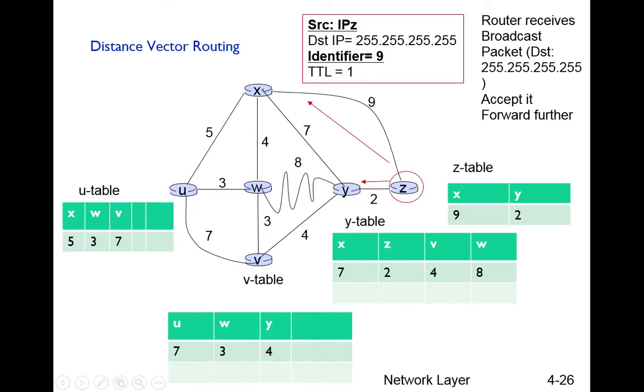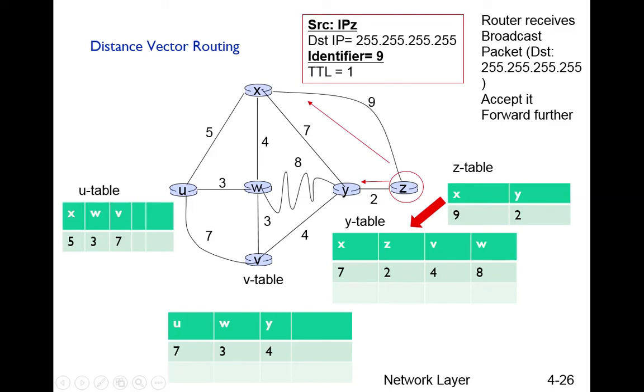Now when Z transmits this table, this is the complete table at the moment with Z. So this table will be forwarded to its neighbors only. The neighbors are Y and X. When this table is received by Y, one of its neighbors, it will be accepted and its information will be processed. So what does this mean? When this information comes to Y,